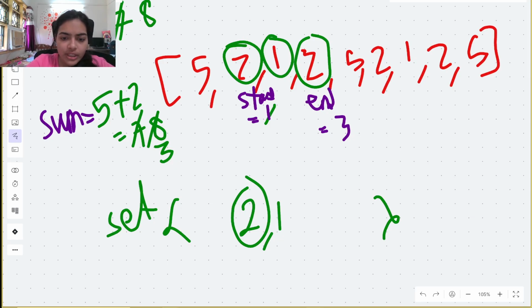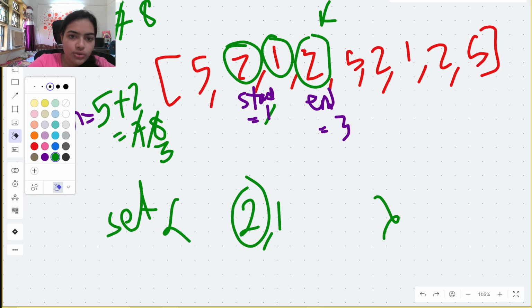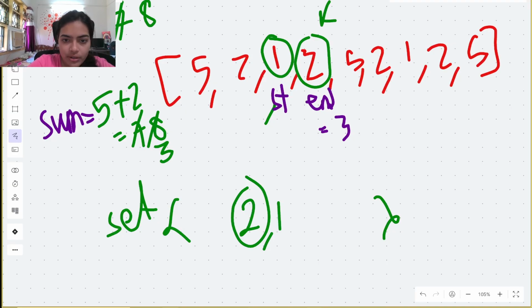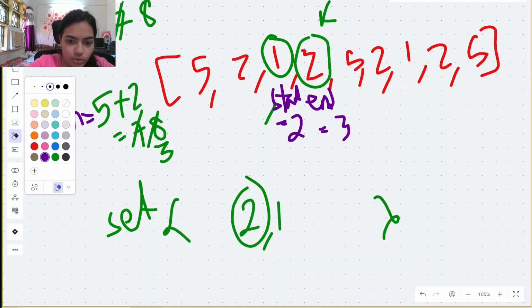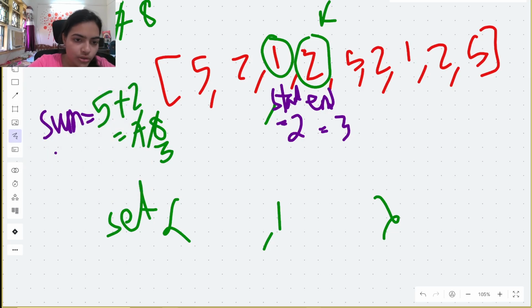Okay. Now let's continue. Now we can see that 2 is also there in the set. We need to add 2 in the set, but we cannot add this 2 in the set unless this 2 is removed, right? So we will have to remove this 2. So again we will remove this 2 and we will move our start pointer. So let me move the start pointer. So start will come at the index 2. And by the way, we will have to remove this 2 from the set. So once we are removing this 2 from the set, our sum will also change. What is our sum? Our sum is going to become 3 minus 2, which is equal to 1.